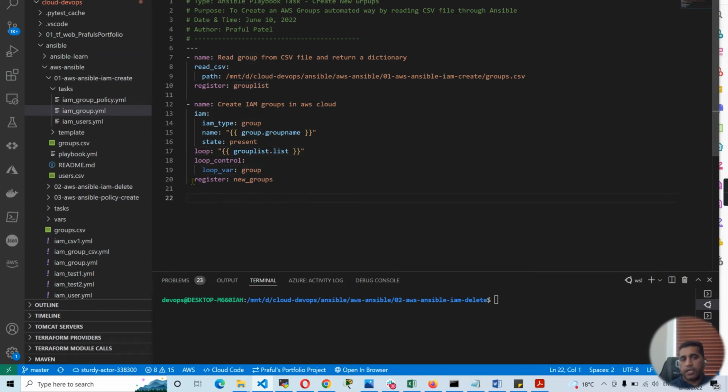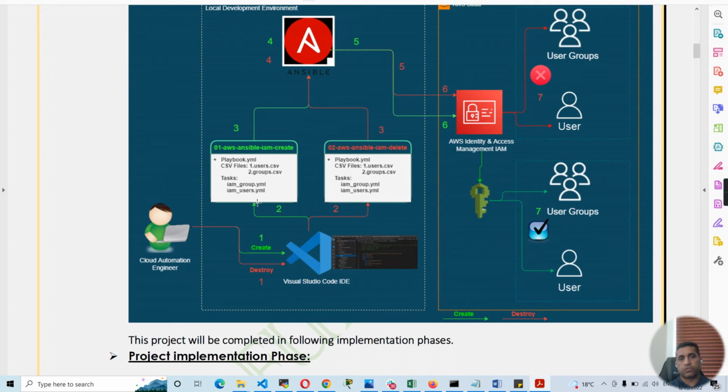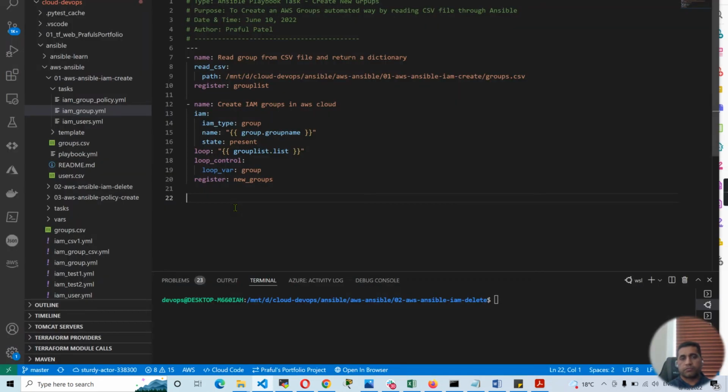Okay, and then again I am registering this as a new groups variable, so that I can use this in another task or action. I will show you later where it is going to be utilized. So in a sequence, first of all we will create groups, and then it will associate them to the users. So first of all we will create this